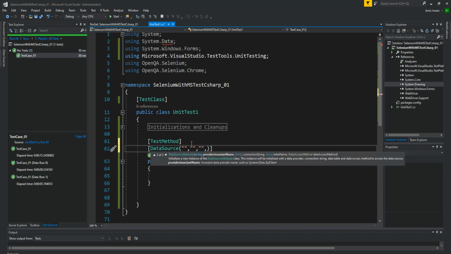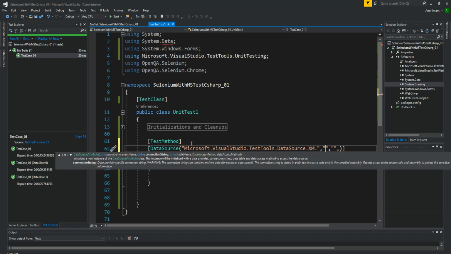Firstly I am going to add Microsoft dot Visual Studio dot TestTools dot DataSource dot XML. This is the correct one. Then I just need to mention the file path.